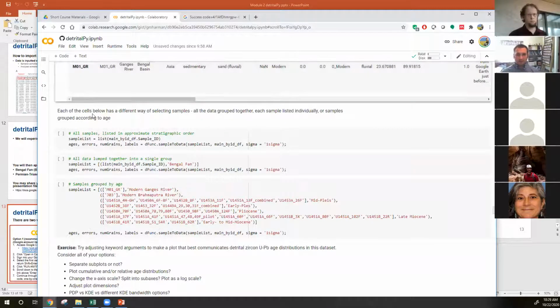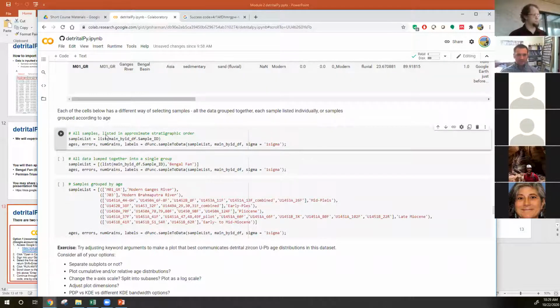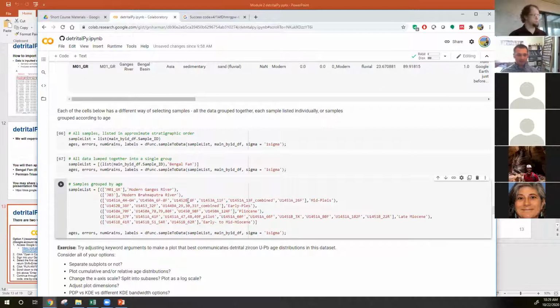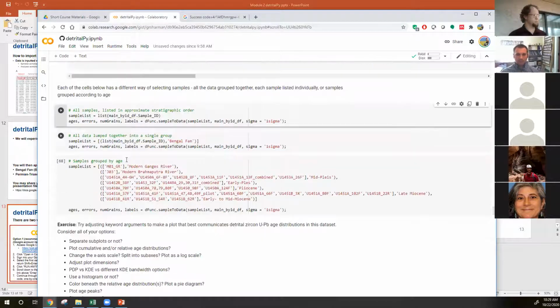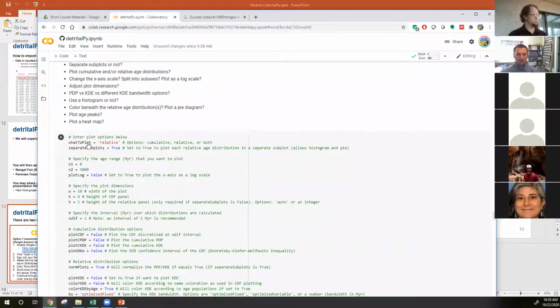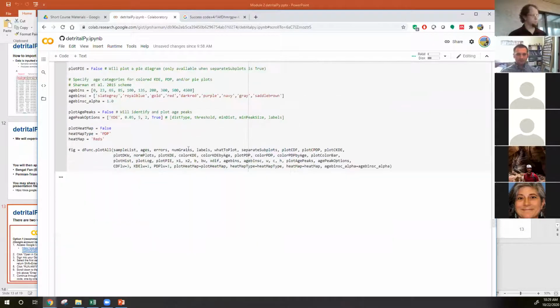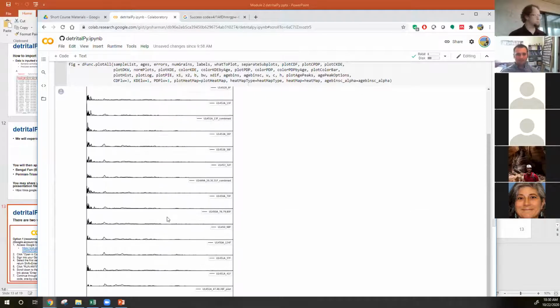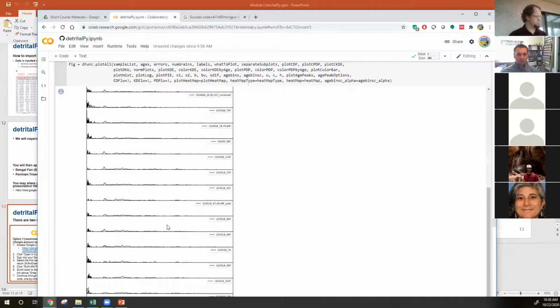All right, there's 3 ways you can plot these data that I've pre-given you. You can plot all the samples listed in stratigraphic order. You can plot all of them as a single group, or you can plot them into these different age groups that I've predefined. I'll just do this top one first. I'm just going to run the code and let's see what we get. It's taking a minute or two because this is a lot of data. All right, so that's what it looks like. It's a really long plot because